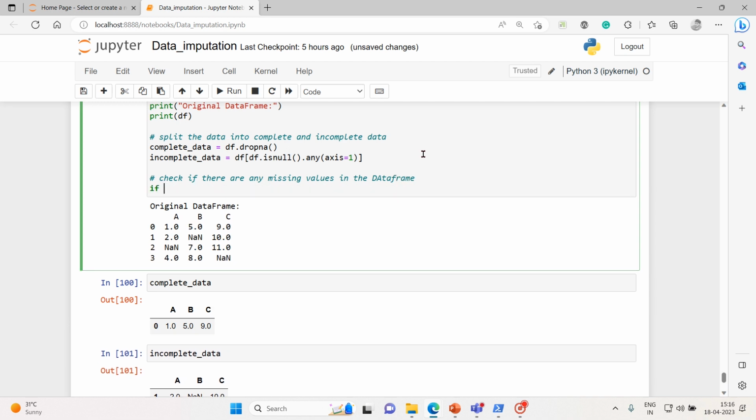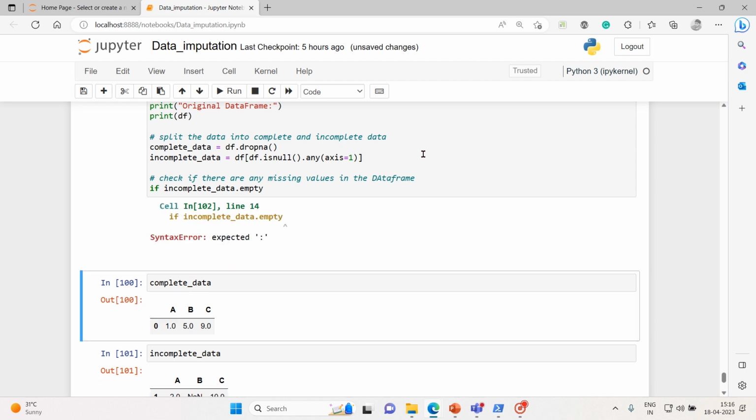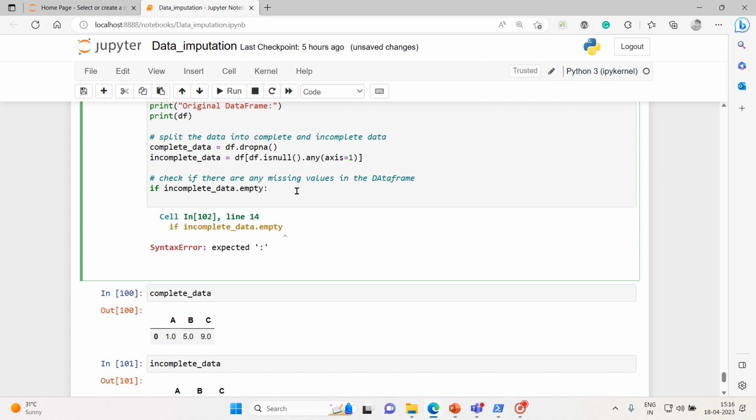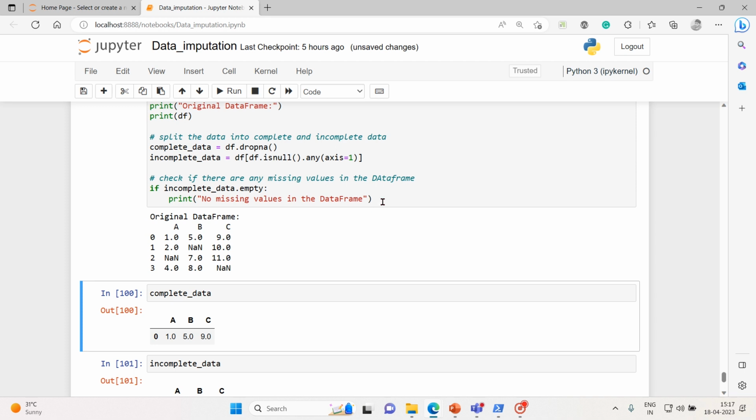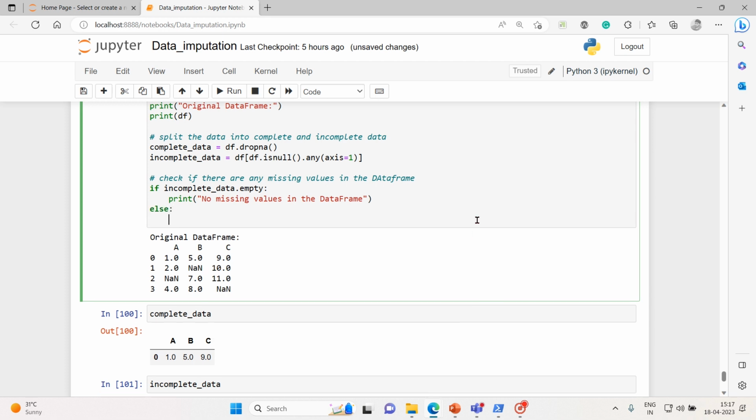So if incomplete_data.empty, then print, no missing values in the data frame. We are just cross checking if there is anything wrong. At this moment it was executed. Else